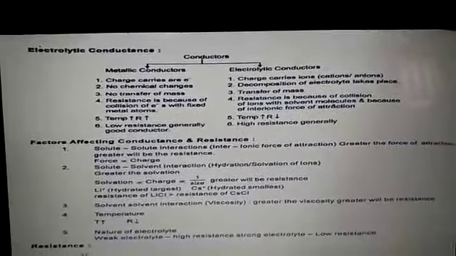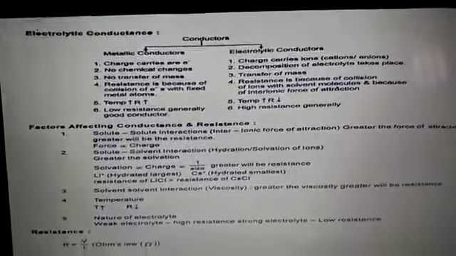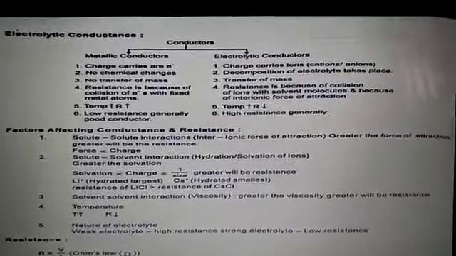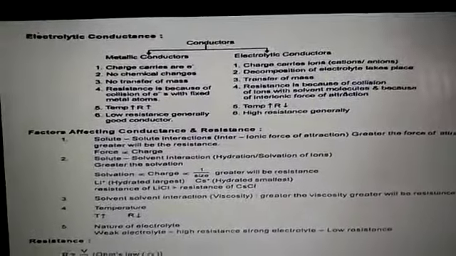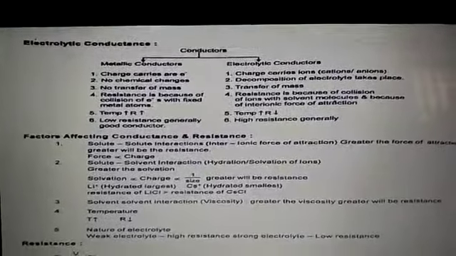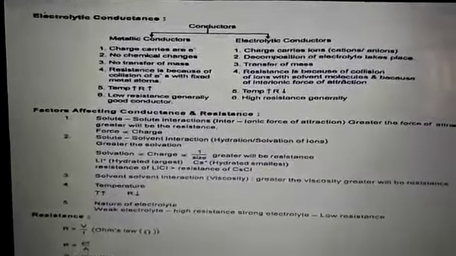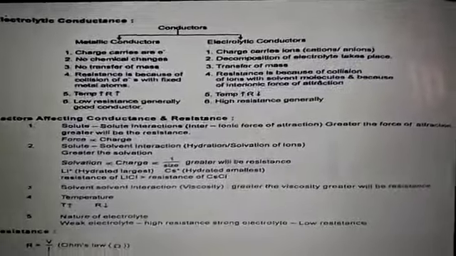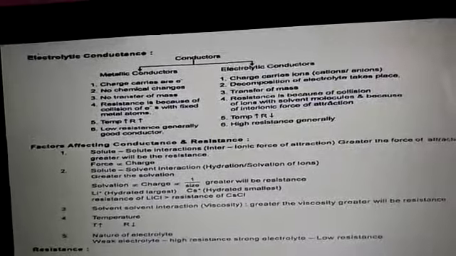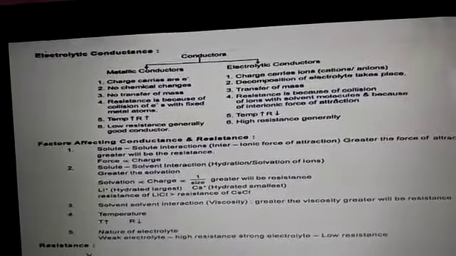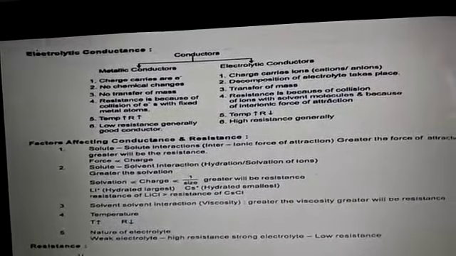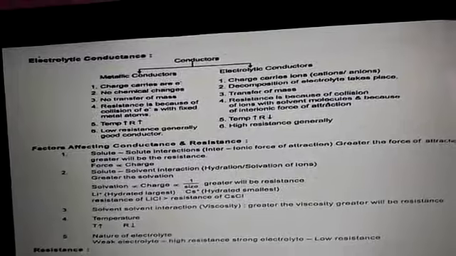In conductions, we observe metallic conduction and electrolytic conduction. Now in metallic conduction, the electricity is conducted by the flow of electrons, and there is no chemical change. It does not involve any transfer of matter. Electrical conductance decreases with increasing temperature. The resistance of the metal is due to the vibration of kernels, and generally it is higher.